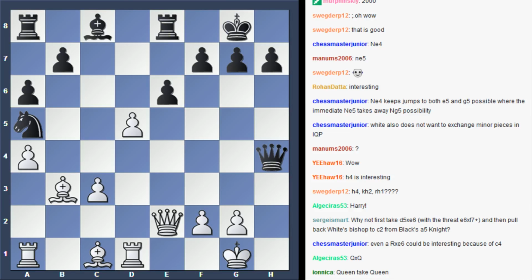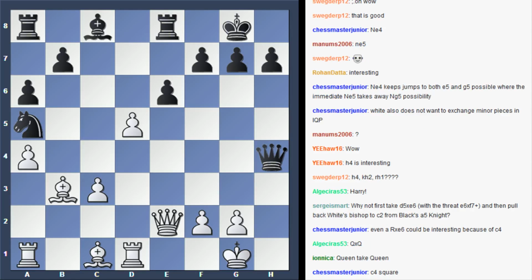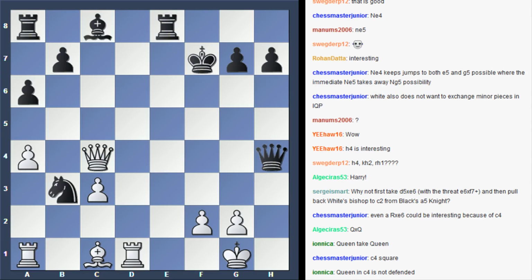Ah, sorry, I forgot about the queen on h4 in that line. Yeah, queen c4 can of course just be met by queen takes c4. But bishop e6 is still important in case of queen a2. Then I guess black would play bishop e6. But in any case, this line doesn't work for white. So going back to the game,